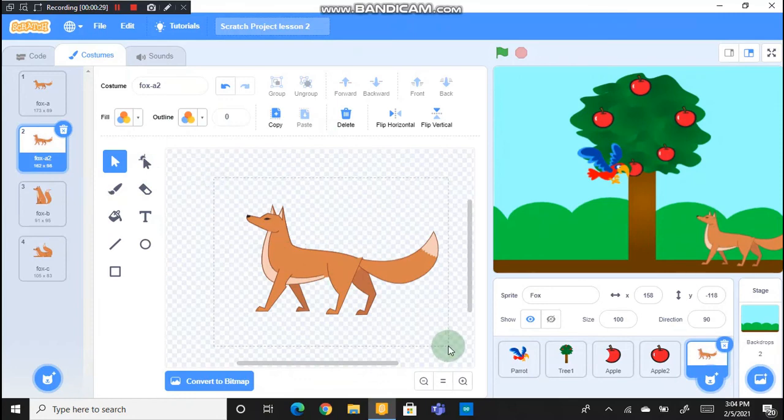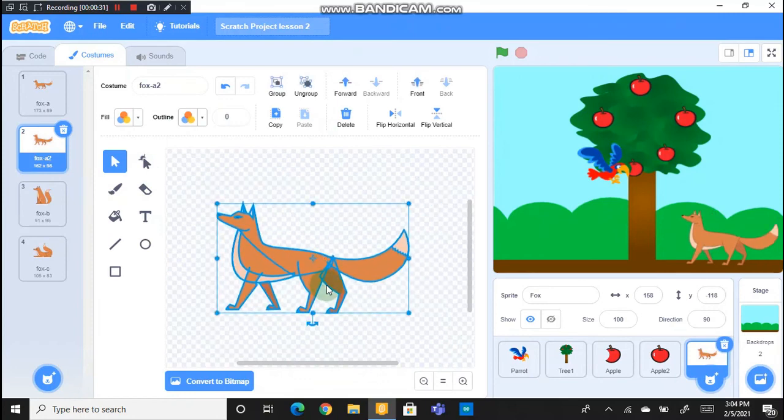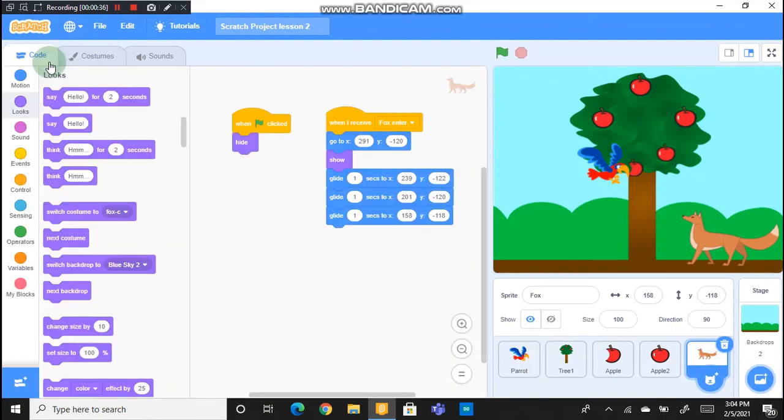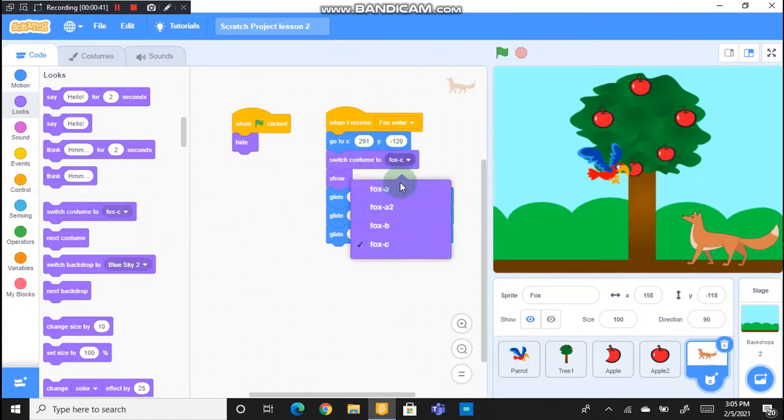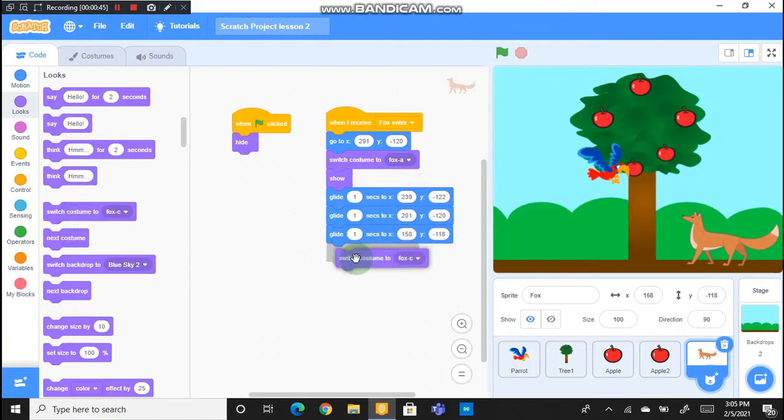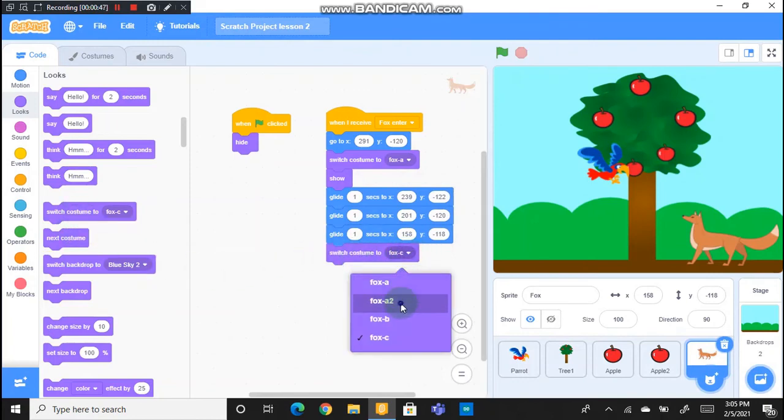So I'm going to drag a bit towards the left. I'm going to code. Here when I receive fox enter, before it is shown, it has to be in costume fox A, and after that it has to be in costume fox A2, so that it will be looking towards the parrot. Now that's it for this video, that is Simple Scratch Project Lesson 3.